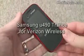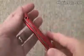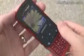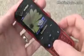This is Michael Orrell of MobileBurn.com, and today I have with me the Samsung Trance, a new music-focused device for Verizon Wireless. It lacks 3G support though, so there's no VCast music over-the-air downloads or anything like that. You can see it's a slider form device, has a 176 by 220 pixel display, 262K colors, not very big